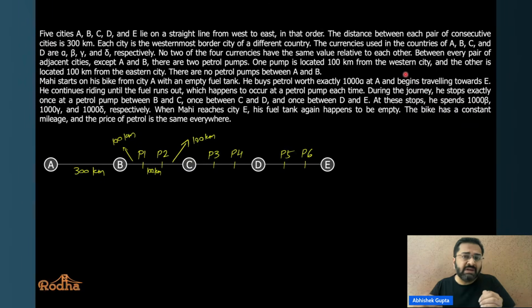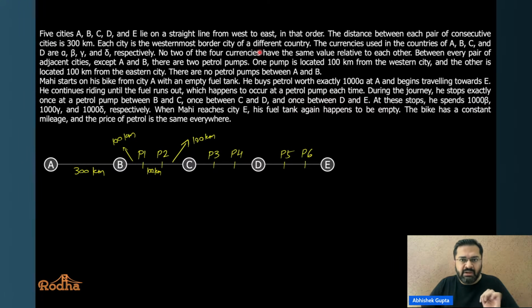Think about it. What is happening? He is refueling the bike, an empty bike, here at this place. Through that fuel, he travels some distance. What is that distance? Looking from here to here, it would be either 400 or 500, nothing else is possible. Likewise, he refuels there and reaches here. Refuels there, reaches here. Now, because the price of petrol is the same, fine, what does this mean? The only difference would be because the values of the currencies are different, and 1000 alpha definitely would not give you the same amount of petrol as 1000 beta.